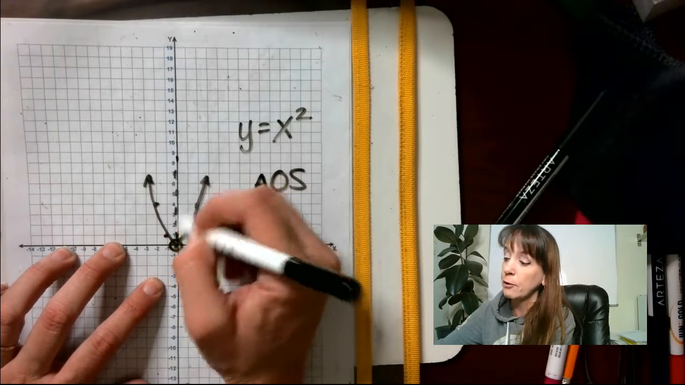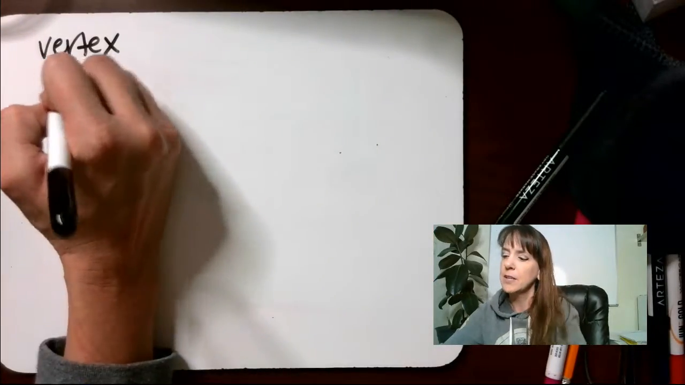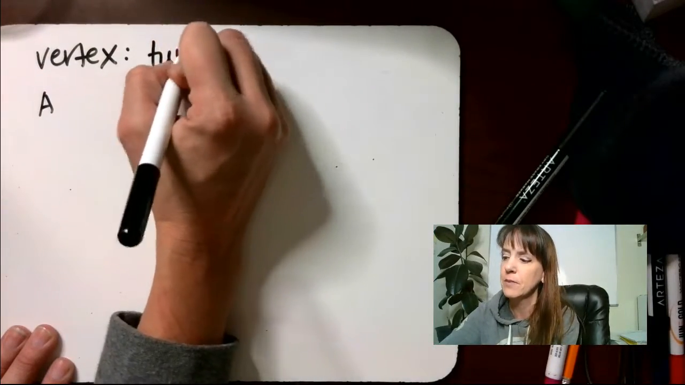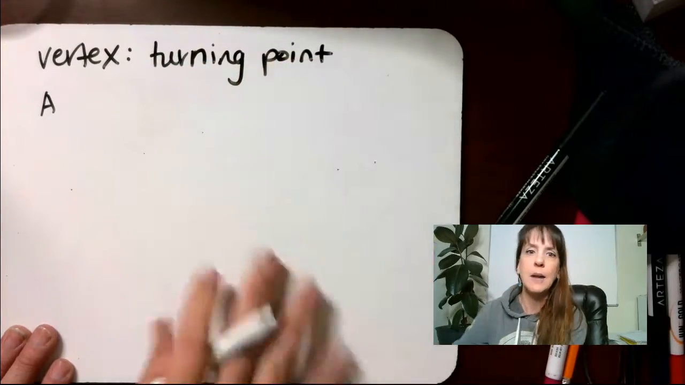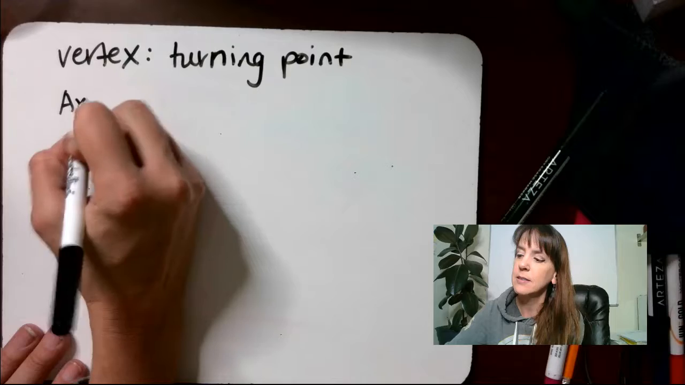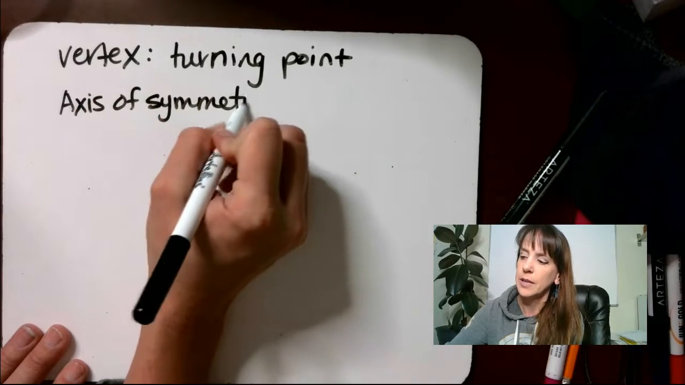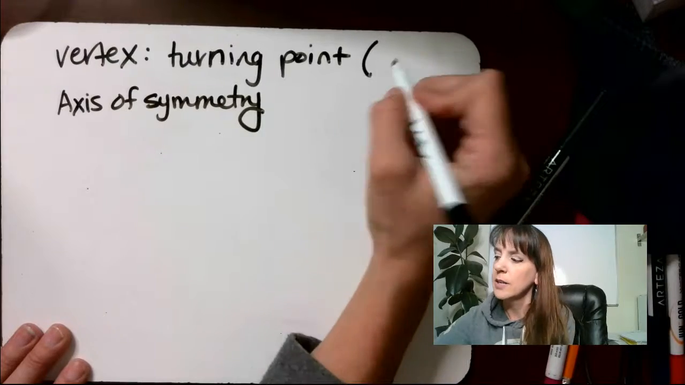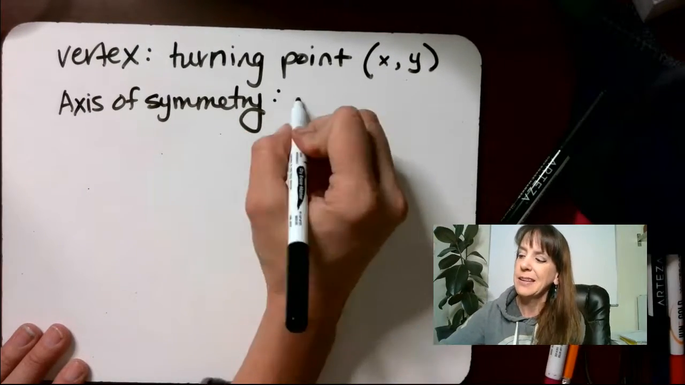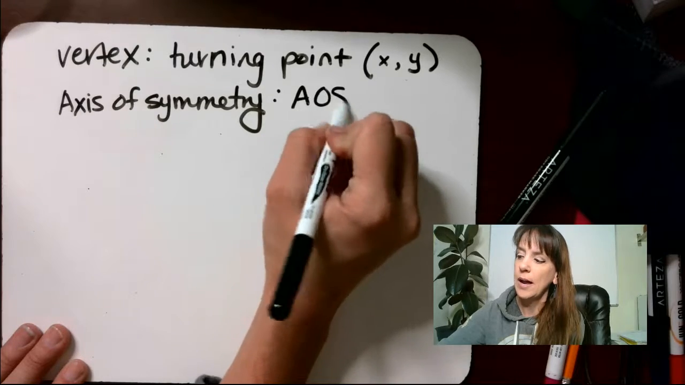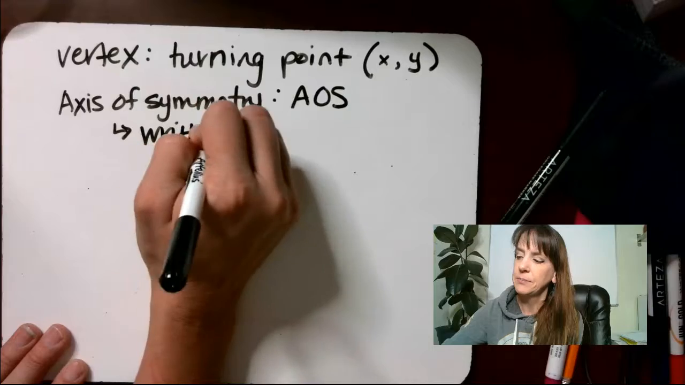This is where the vertex is. Axis of symmetry, I'm gonna come back over here. So vertex is your turning point. Your axis of symmetry, this is written as x, y, your vertex, right? This is AOS. This is written as a line,